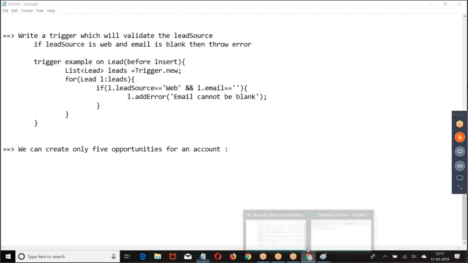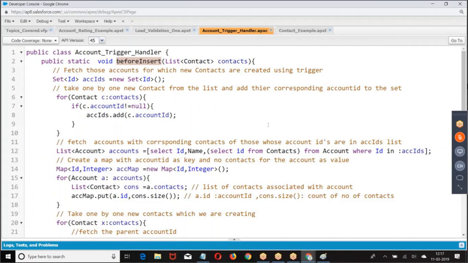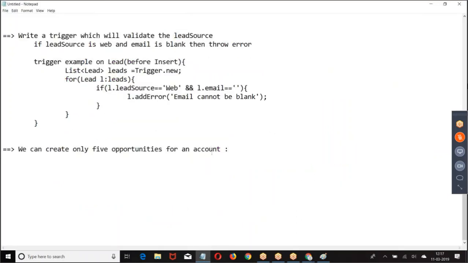Good. First, look at the code. Try to refer to the code and create it. Now, it is a similar format, but I have taken what? Instead of contacts I told, opportunity. First, what we are supposed to do? For which accounts we are inserting the opportunities? Get me those accounts. Right. We'll write the logic separately. What is the list of opportunities?